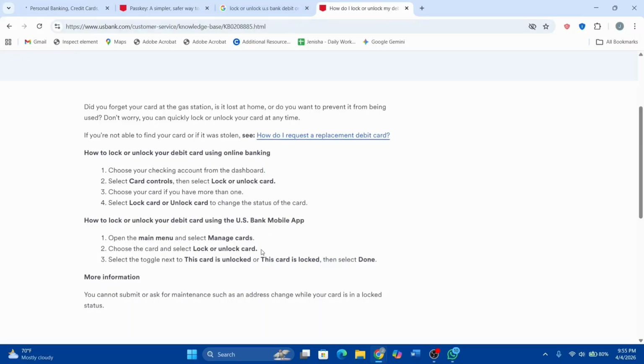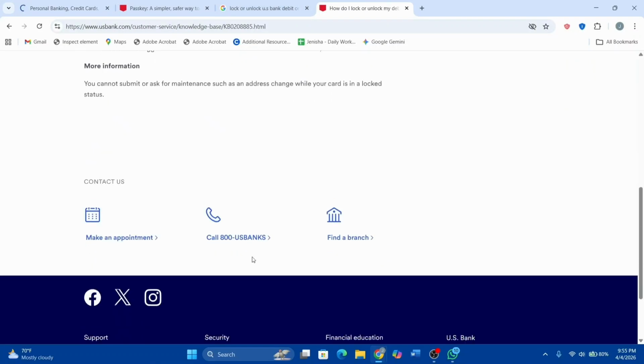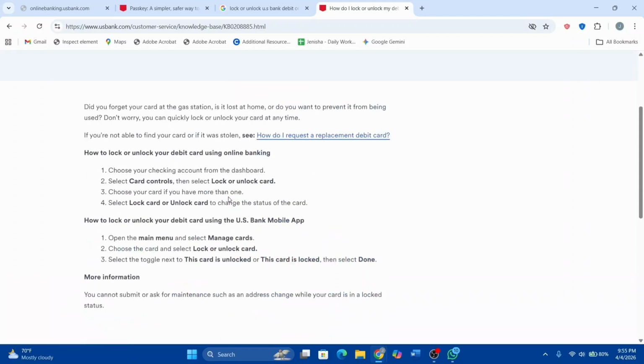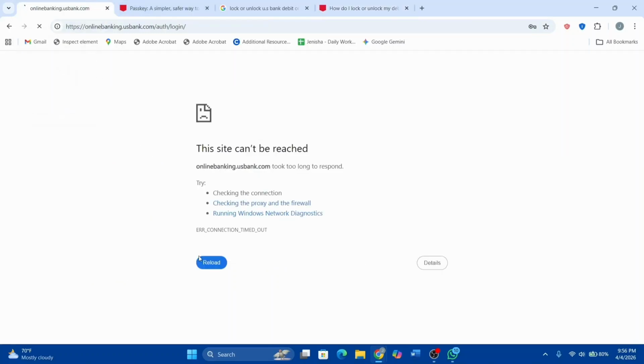Apart from that, there are other methods, such as calling the number on the back of our card. We can ask them to lock or unlock our card if it is misplaced, if there is suspicious activity, or if we have found it. We can use those options right here, and that's it. Locking the card is temporary. You can unlock it anytime. If your card is truly lost or stolen, you can report it and request a replacement instead, and then we should be able to control it. Those are the methods we can follow if we want to unlock or lock our card